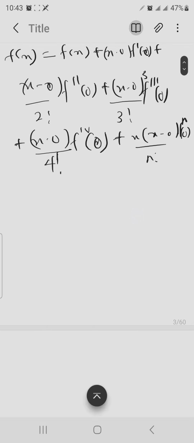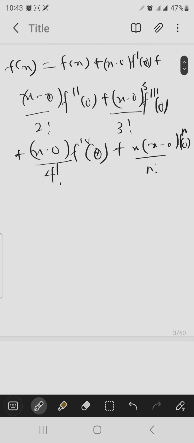So it means that whenever x not is equal to 0, we are going to have f of x equals f of 0 plus x minus 0, which is x, into bracket f prime of 0, plus x minus 0 squared, which is x squared, all over 2 factorial,